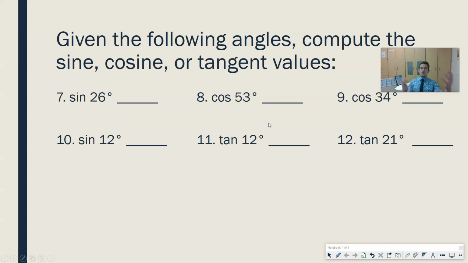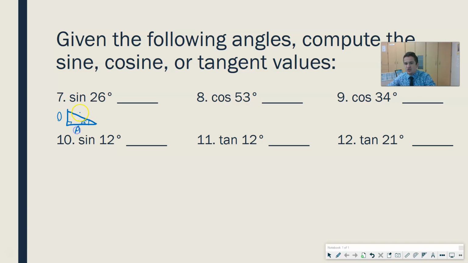So if I give you an angle without even giving you the triangle, you can find the decimal associated with the fraction of those trigonometric ratios. Say I have a triangle right here where this angle is 26 degrees. I don't know what the sides are, but this would be opposite, adjacent, and hypotenuse. The sine of that angle, 26 degrees, or the opposite divided by the hypotenuse side for any right triangle that